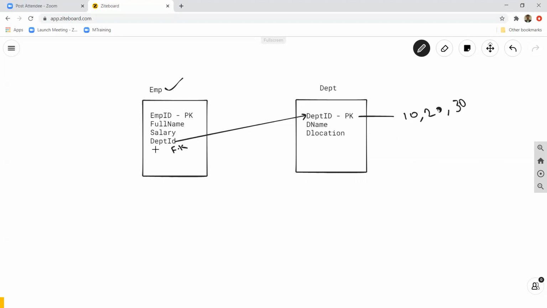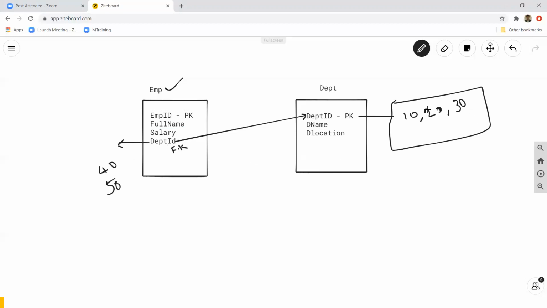Now, what does this foreign key referencing this primary key mean? While inserting rows in the employee table, this department ID should only have values from the list of values defined in the department table. It can't have any other value like 40 or 50, out of this range.